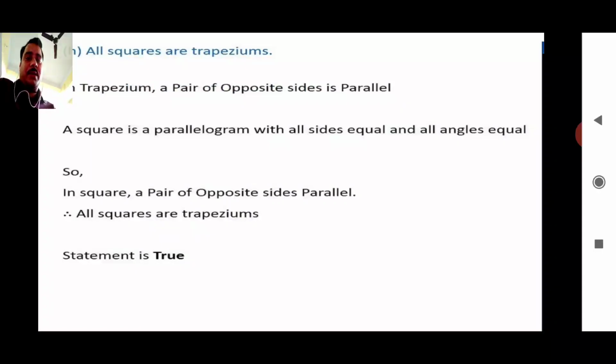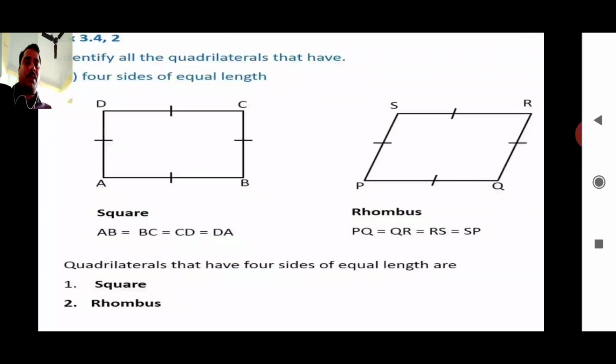All squares are trapeziums. In a trapezium, a pair of opposite sides is parallel, and we know that in a square all sides are equal and both pairs of opposite sides are parallel. In a square both pairs of opposite sides are parallel, but in a trapezium we need one pair of opposite sides parallel, so it is also a true statement. Next one,